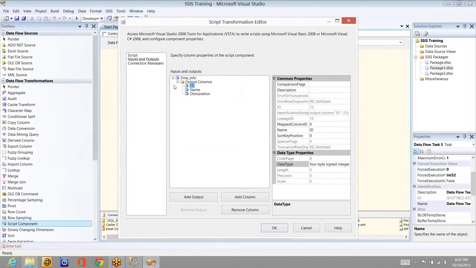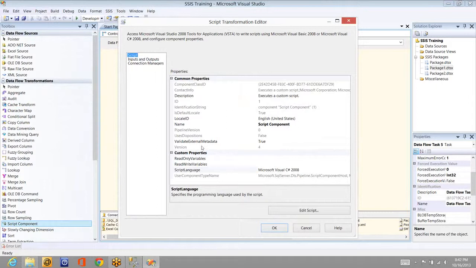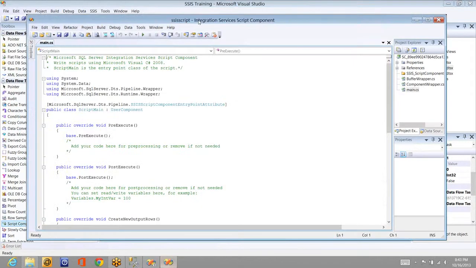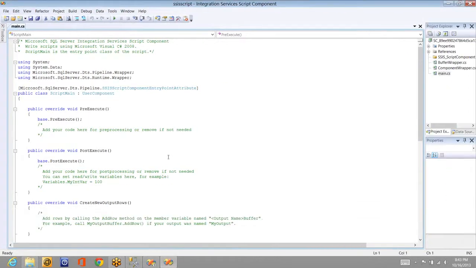Now this is set, and you have to go to script back and click on edit script to write your custom code. There will be a lot of methods which you can override, and you can write your own functionality. People who don't know .NET or Java or any programming languages, don't get tensed by listening to new terminology like override, overload, and so on.